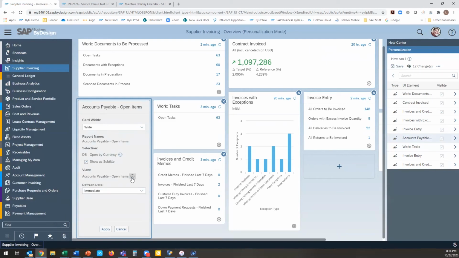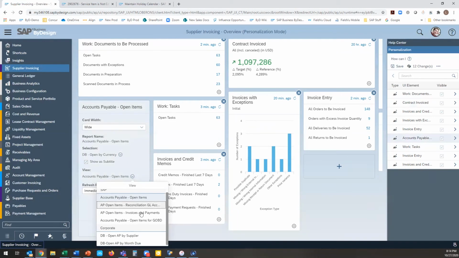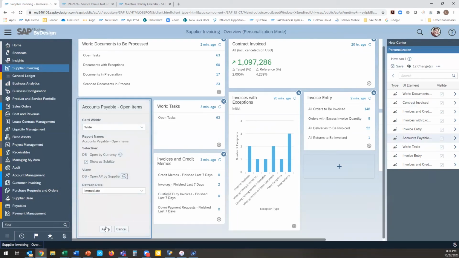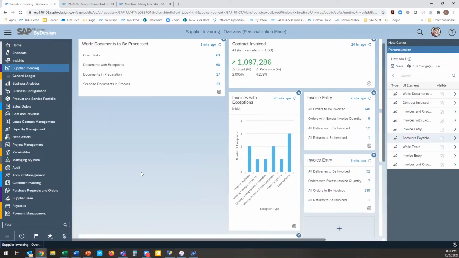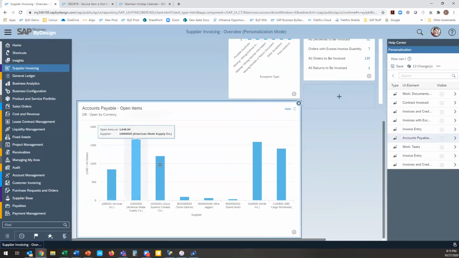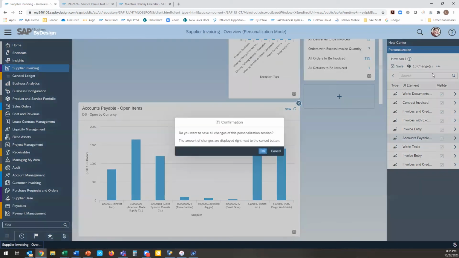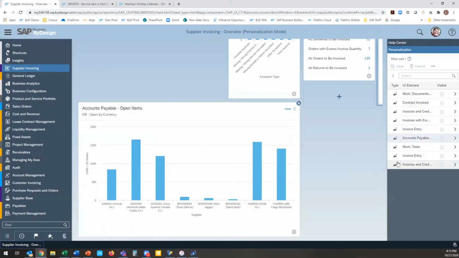And then I can show my different view as well. Maybe I want to look at Open AP by supplier for my dashboard, and I can apply that. And then you'll see that list open up, and now it's going to change from more of the numbers-based to more of a graphical representation of those numbers. And then again, I can save that